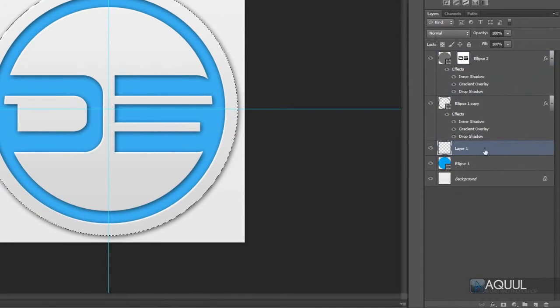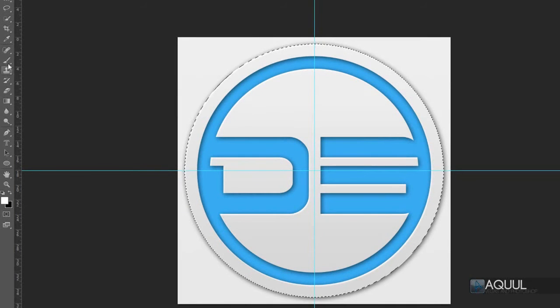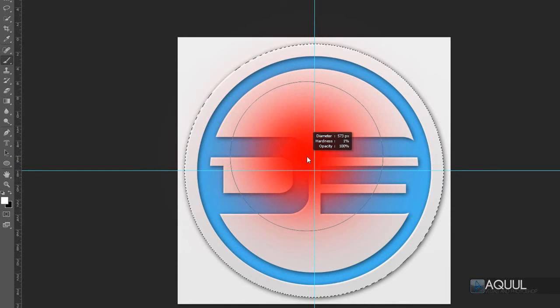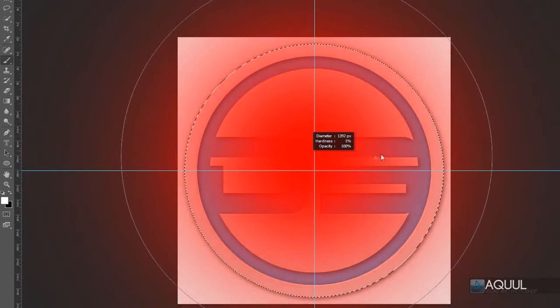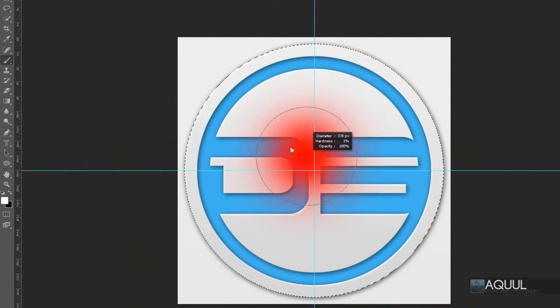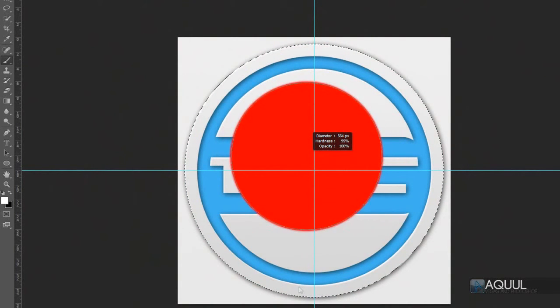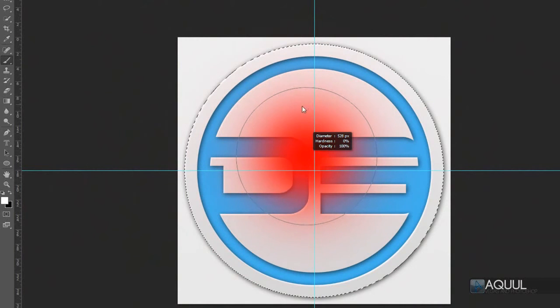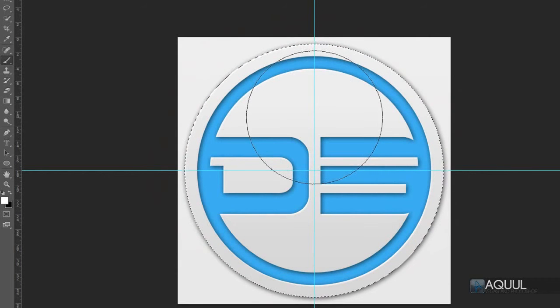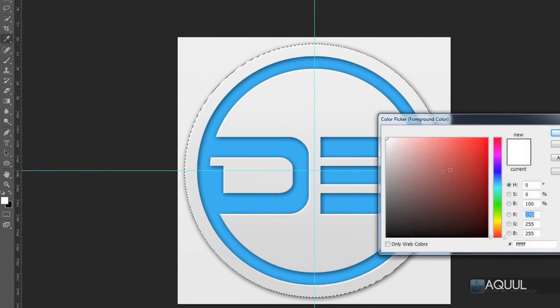Now we're going to use the brush tool to make this highlight. So if I choose the brush tool, and then in the canvas if I hold down Alt and then use my right click button on my mouse and then I drag this horizontally, you'll see that we can change the size, and if you do it vertically you'll see that we can change the hardness of the brush. So if I make this about half the size of the shape, and you just want to make sure that you have your white set as your foreground color, and then just click,